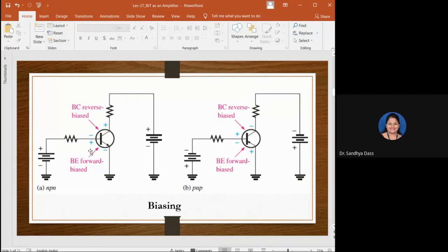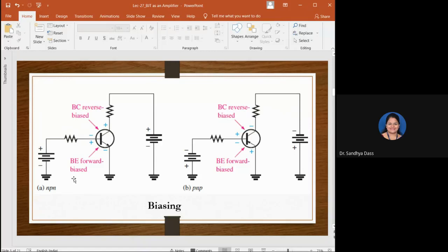So the voltage across this base and emitter, we generally call it VBE. And the voltage across collector and emitter will be VCE. All right. And the voltage across collector and base, we term it as VCB. Typically, this is shown here for both NPN and PNP. Though there is no naming of these supply voltages, generally we term this as VCC and this should be VBB.